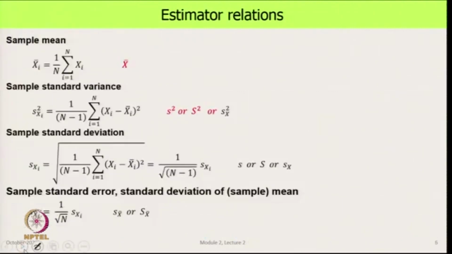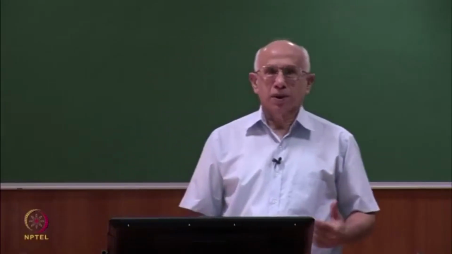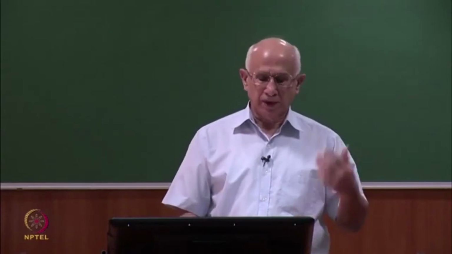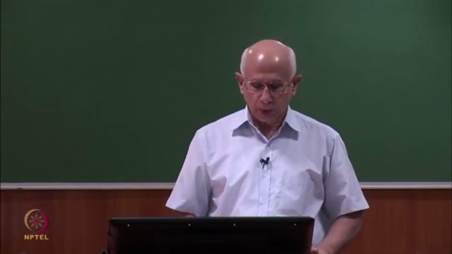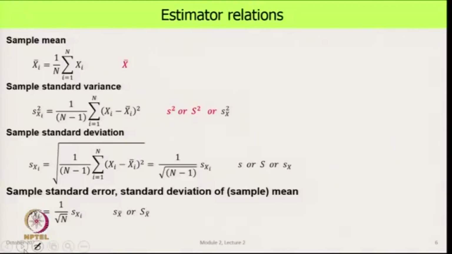Now, here are some of the formulae which are there in any course in beginning statistics, maybe even in school you have seen them. So, to recap, I am just putting them up here again. The first definition is the sample mean xi bar. In statistics we use the symbol x bar, and this is 1 upon n summation of all the readings xi.